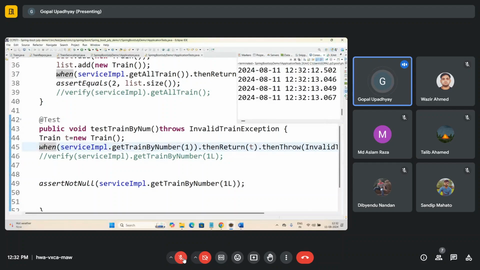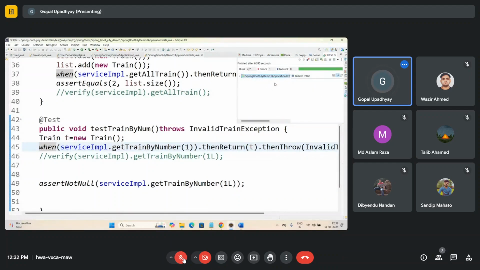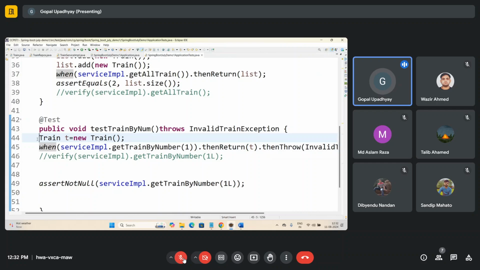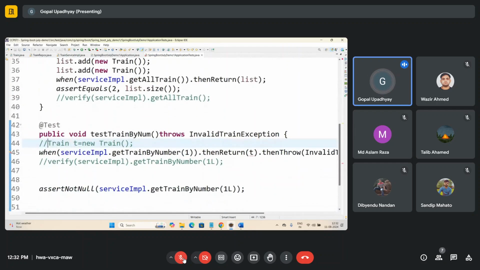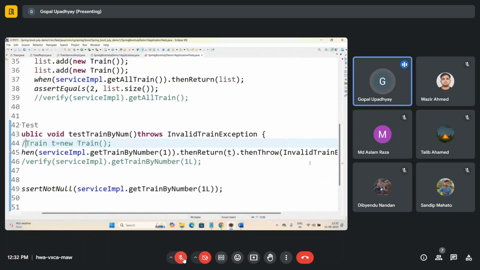You will get the success report for that. We are actually not utilizing this train object, we can just call the service impl.get train by number, and we are just using everything as the mock object over here. Here we can also put an assert, and the mock verify